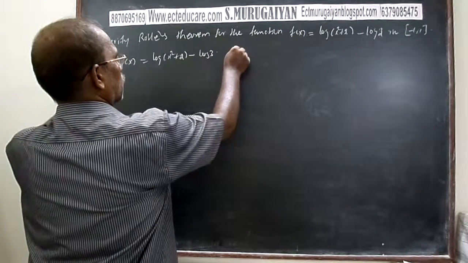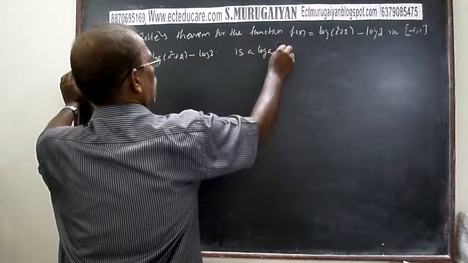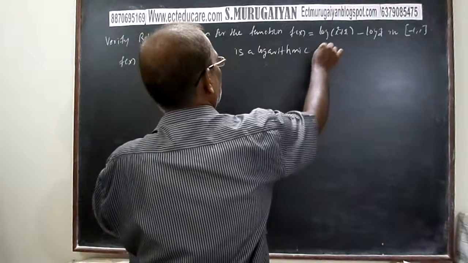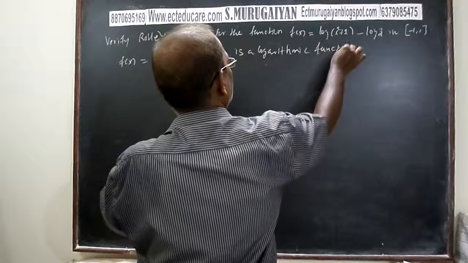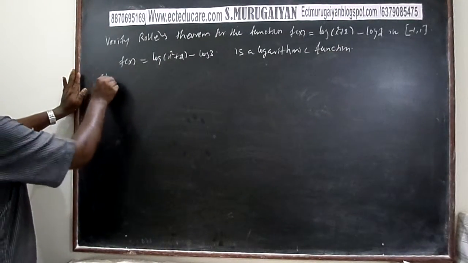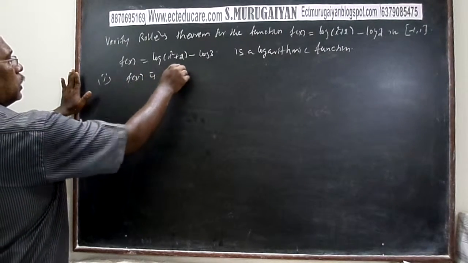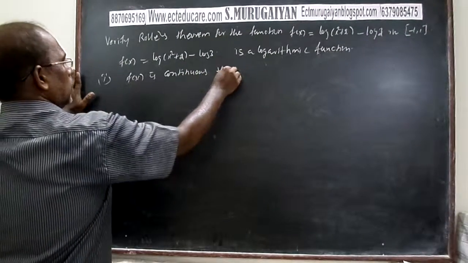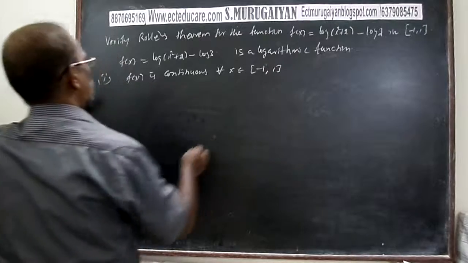It is a logarithmic function. Then f of x is continuous for all x belongs to the closed interval minus 1 to 1,